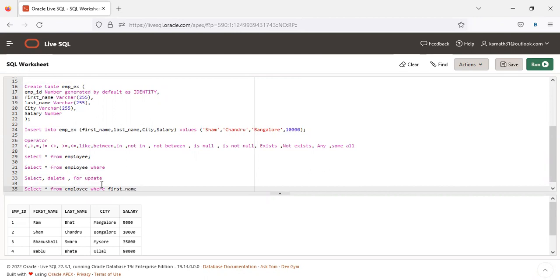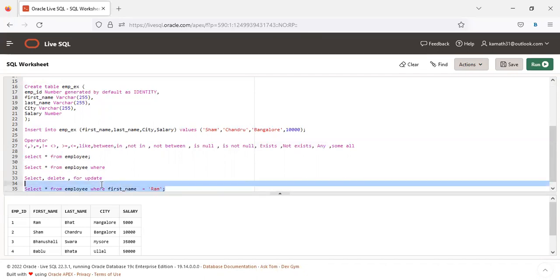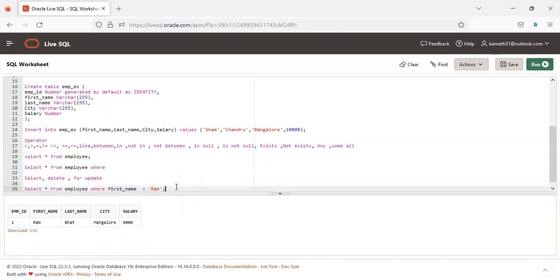Now we are using this operator equals. Okay, so first name equals Ram. Okay, so this is the output. Now if we say first name not equal to Ram,